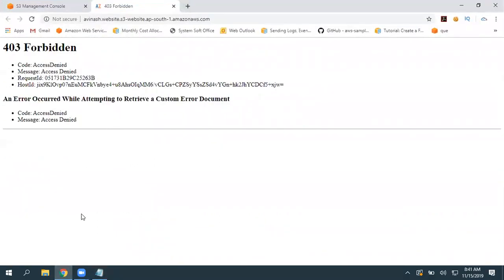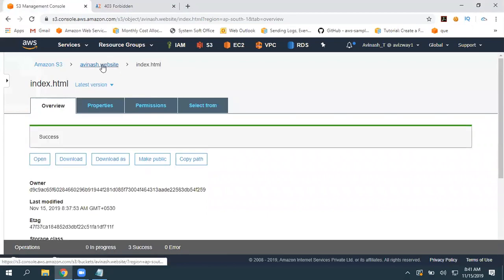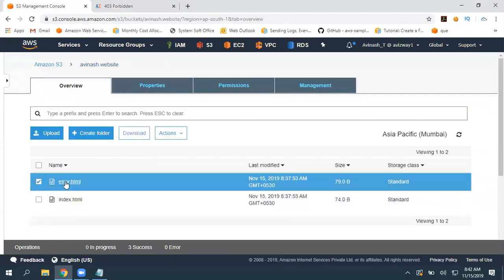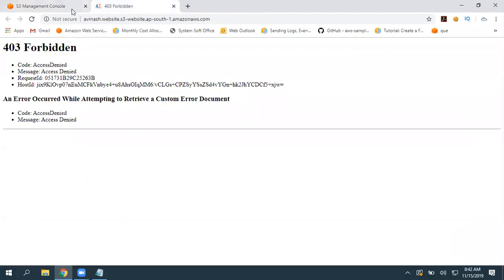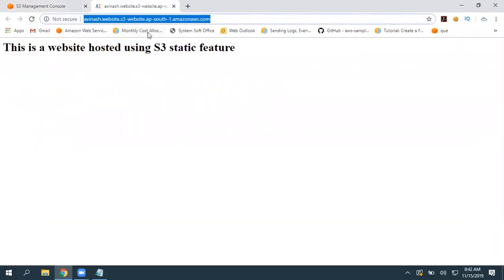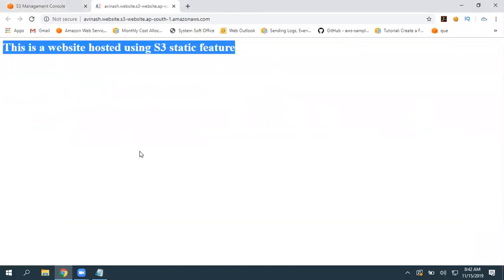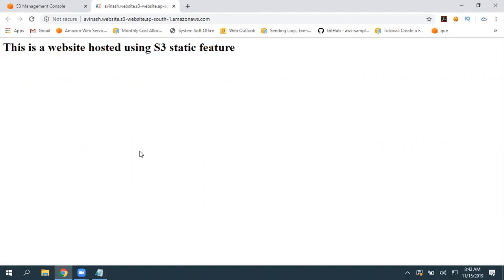So here in this case, we do not have valid permission. So I'm going to make index.html as well as error.html public. When I go here and give a refresh, there you can see it. Not only here, you can test it anywhere. I'm going to paste that URL in our chat box. If you want, you can give it a try. You can access this web page across the globe now.